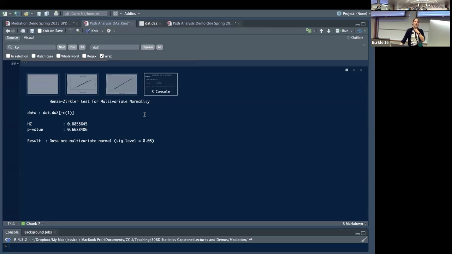You can't. If you try to do that in your code, it won't let you. Because what is bootstrapping doing? It's creating your own standard error, right? So you can't both ask for the theoretical adjusted one and create your own. So when you use bootstrapping, it's defaulting to just normal bootstrapping with maximum likelihood. That's a good clarification, right?